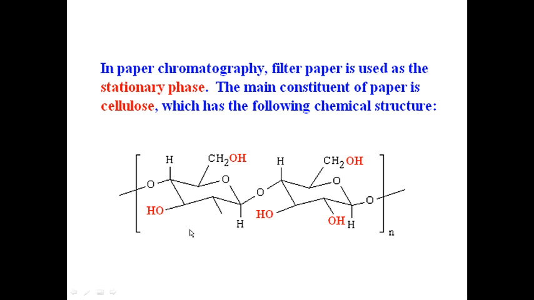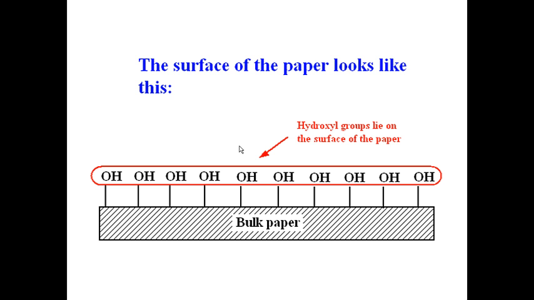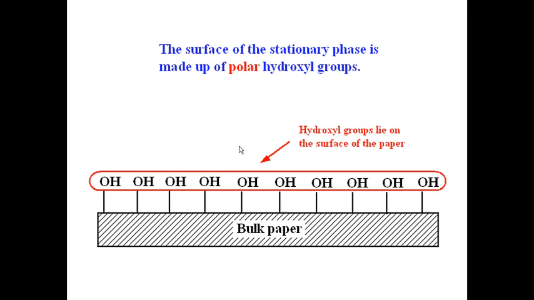It's a series of sugar molecules, and it's got lots of OHs in it, so it's a polar stationary phase. That's its polarity. The surface of the paper would have hydroxyl groups, and probably attached to those hydroxyl groups would be water molecules that may be adsorbed onto that surface. Therefore, that makes this a polar